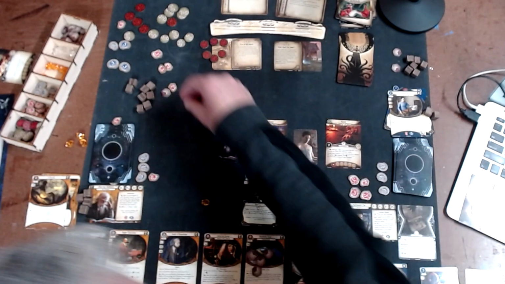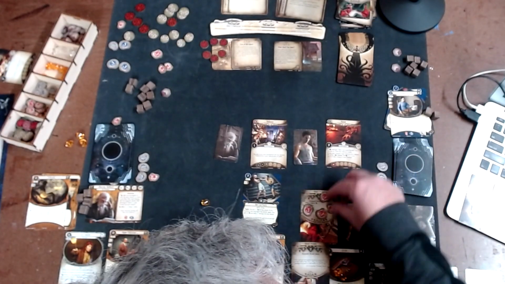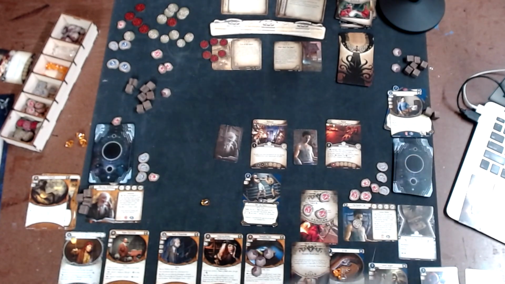3 damage to him, and it does a damage to me. I am now at 3, 6, 7, 8. I'm at 8. But if I defeat him... This is good. Okay. Oh, you know what? I can use my guard dog to take the damage. He won't kill me. I will...